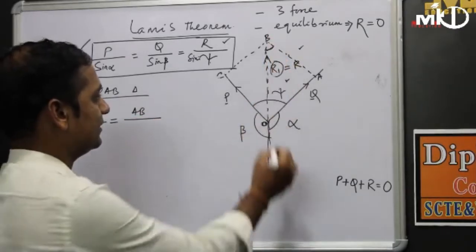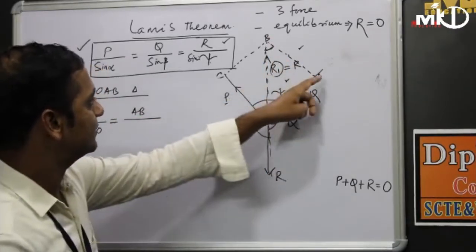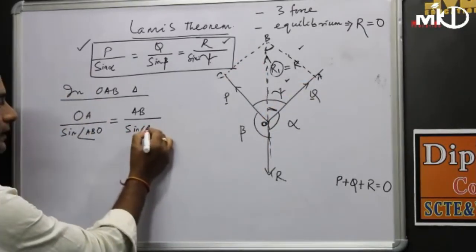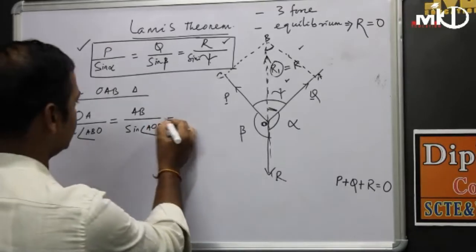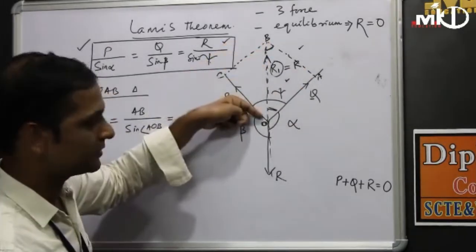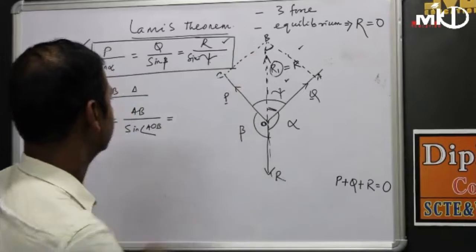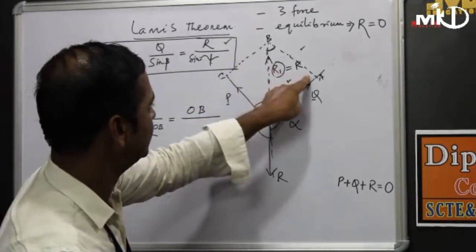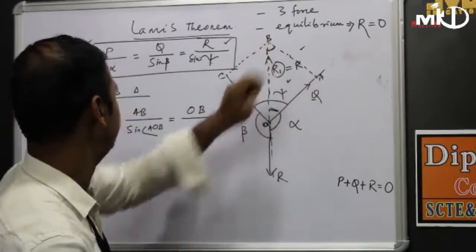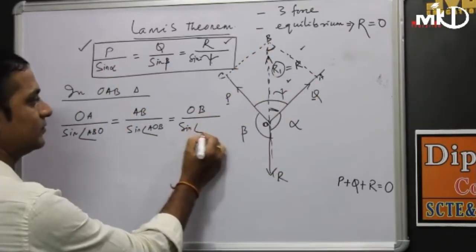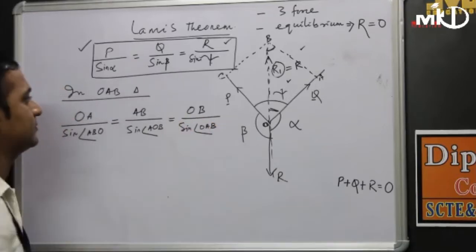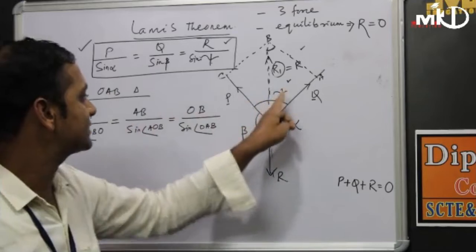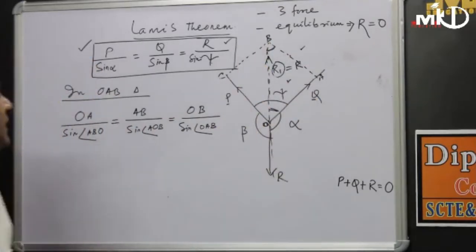So AB के opposite वाला angle means that this angle, that is nothing but AOB angle. So we can write down sine AOB angle, that is equal to AB के बाद आएगा third side of the triangle, that is nothing but our O to B. So that means O to B divided by उसका opposite वाला angle क्या होगा ना, this one, that is nothing but OAB angle. So we can write down sine of OAB angle. So we apply the sine law to this triangle OAB. So now we can derive this one.